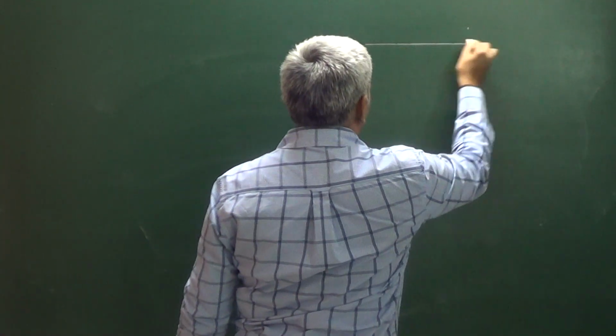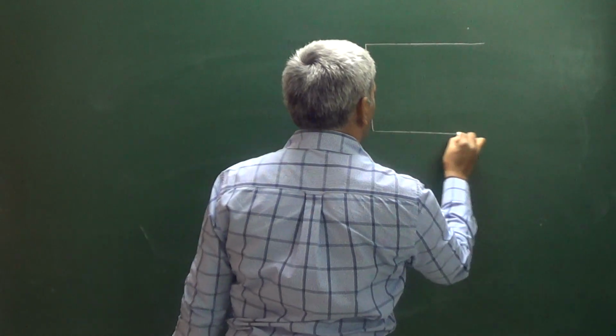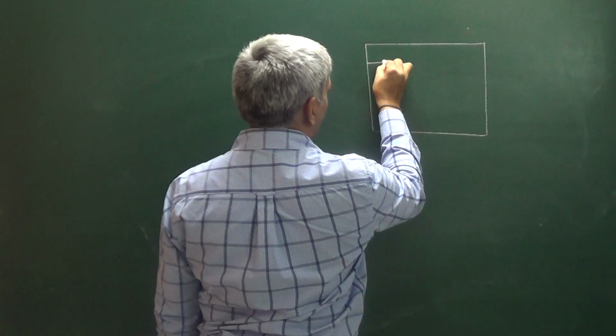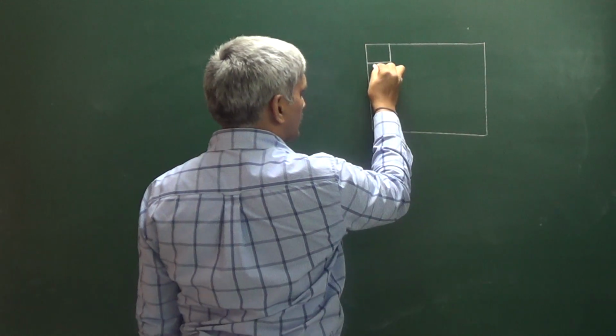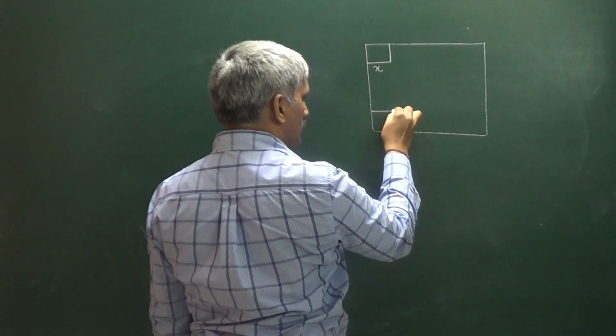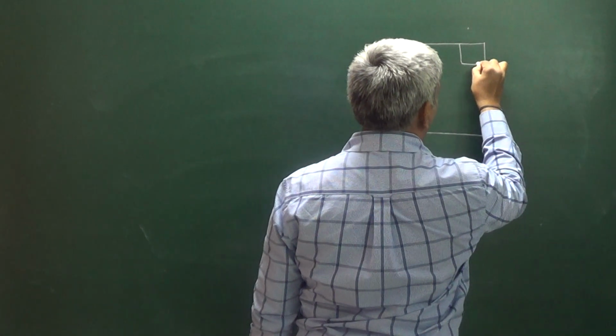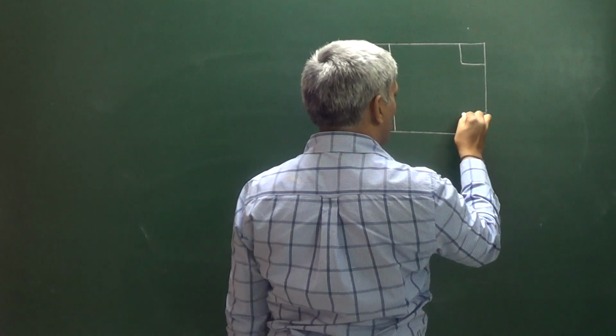Now this is the actual figure, you will get it like this. That only I showed in the original figure. From this corner we removed x, from this corner also we removed x. From all the four corners an x centimeters square piece is removed.